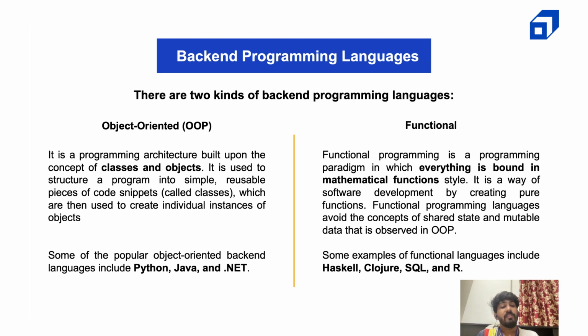So it's basically development by creating pure functions. It avoids concepts of state and mutable data that are observed in OOP. In OOP you will be able to do that, but in functional you won't. One of the simpler examples, apart from Haskell, Clojure, SQL, and R, is that in this case functional will have